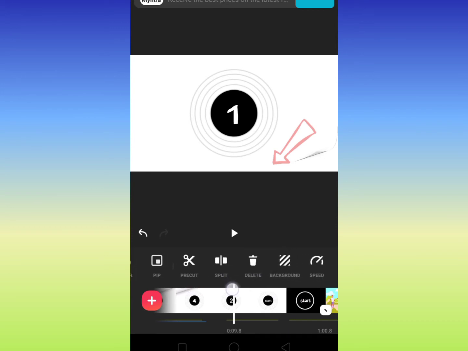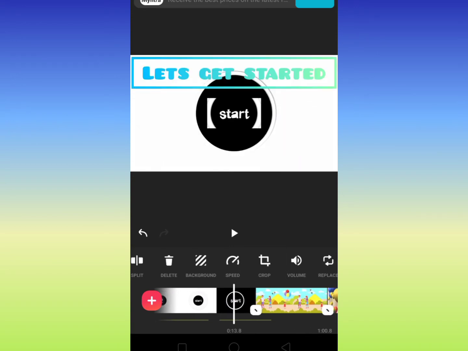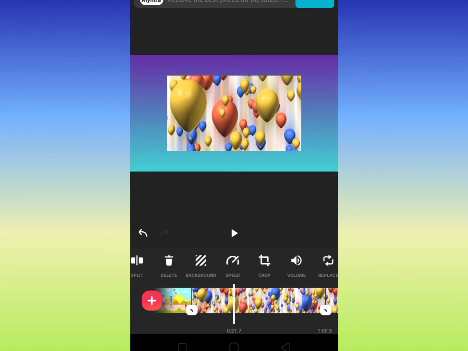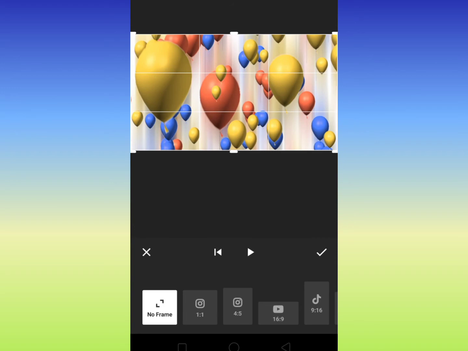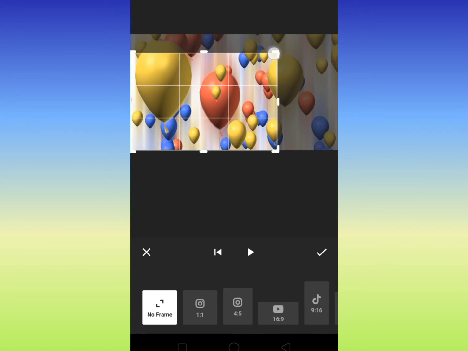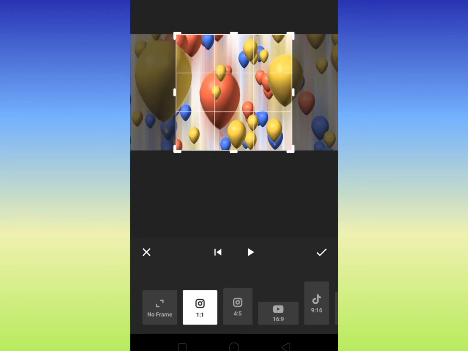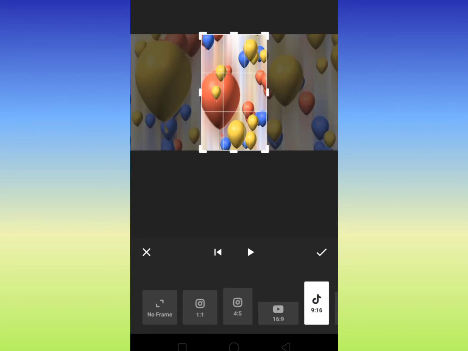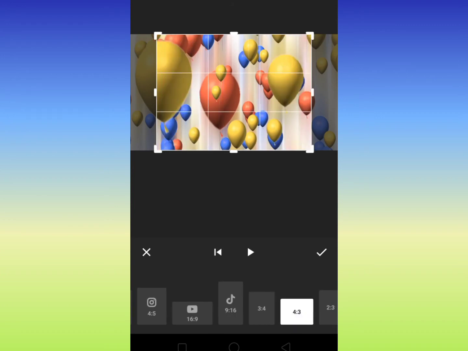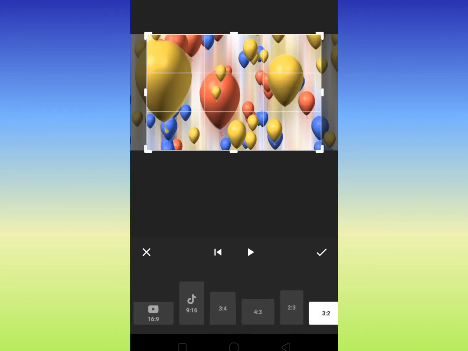Okay, so now I'll show you something else over here. I was just seeing what all options I can show you. So now I am using this crop option. Crop option is also a very good option. Like we also have some video parts wherein we just want to remove the other part and just show one part. So this is applicable in those scenarios, and again for the part of the clip you can select these ratios wherever you want.